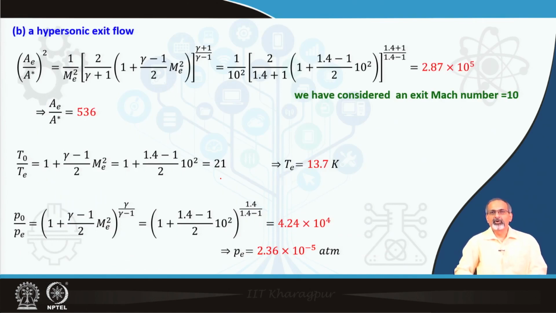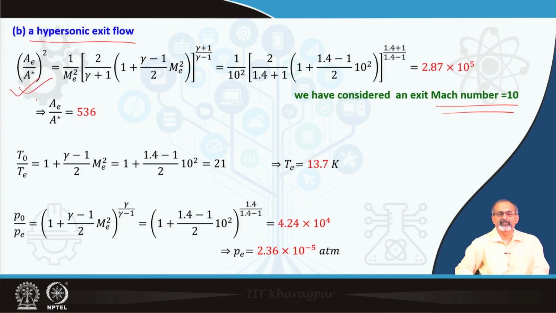Now, we had a brief look at how things happen when we are looking at supersonic Mach numbers. Now, let us look at the hypersonic exit flow, where we choose a Mach number of 10 to do our calculations. We use the same equations that we used in the previous case, and if you substitute ME equal to 10, then you find that the area ratio turns out to be quite significantly large. If you take a square root of that, the AE by A star is a huge number, 536,